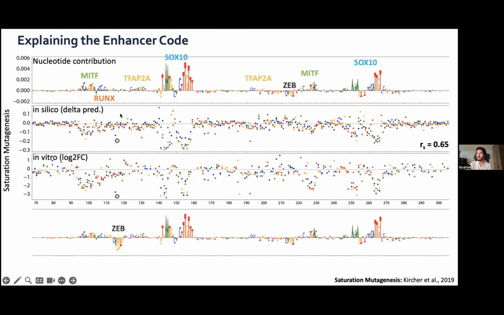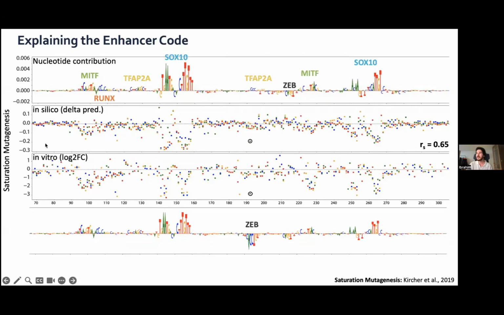So for example, this is the wild type, and if I apply this A to G mutation, it now creates a repressor binding site, which decreases the prediction score of the model, and also decreases the activity of the enhancer. And on genomic enhancers, there are many of these, like in IRF4, there are maybe